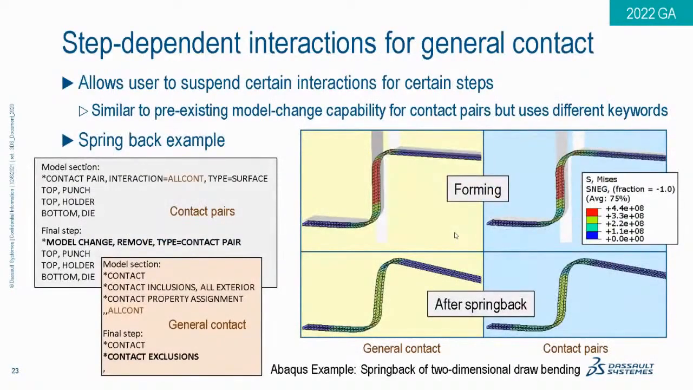Another enhancement in Abaqus Standard is the introduction of step-dependent contact interactions for general contact. So up until now, contact was defined as part of the model and existed for the duration of the simulation. If you recall back under the contact pair algorithm, many years ago, we had the model change capability that allowed us to remove and then reintroduce contact pairs as the simulation proceeded. So this is conceptually similar to model change, although it uses a different interface. We can now introduce and remove contact interactions